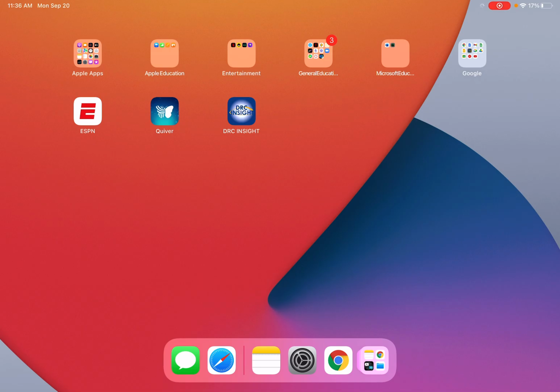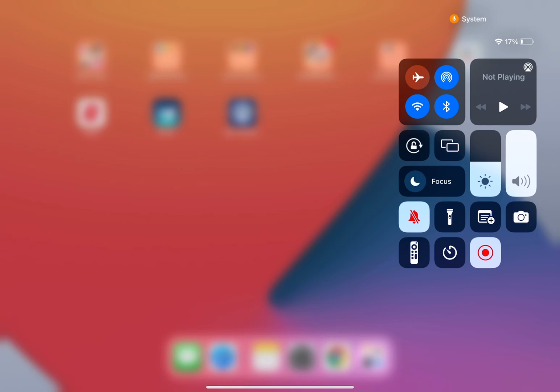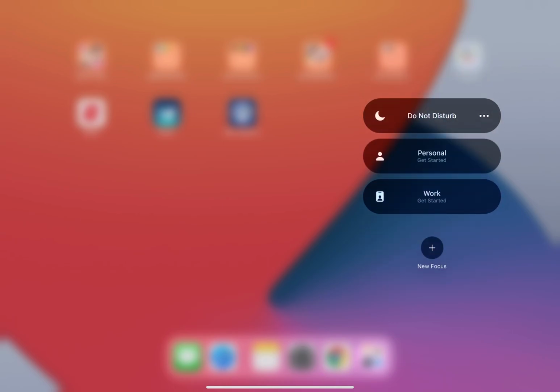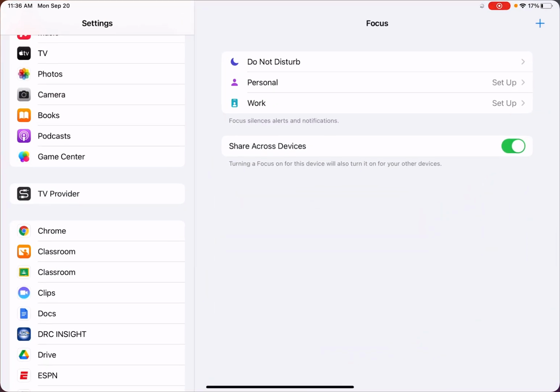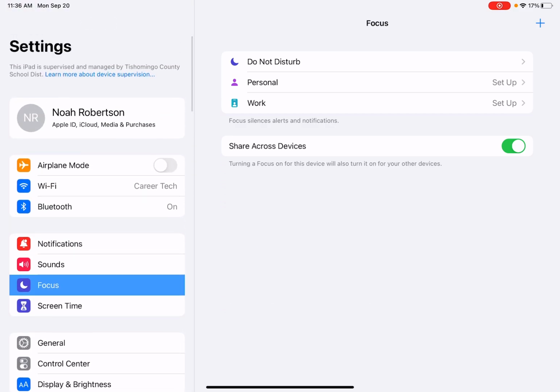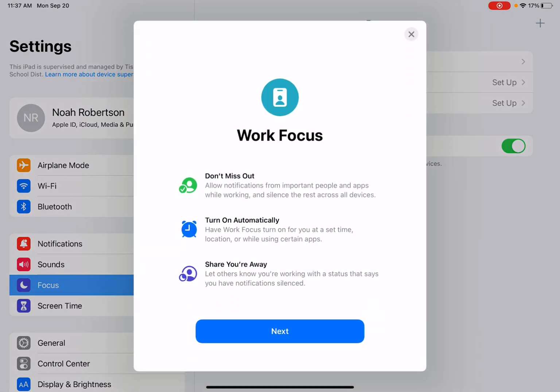The next thing I want to talk about is called Focus. Focus, to me, the way Apple describes it when they do their video on the Focus feature, and by that, if you swipe down to get your control center from the top right, you can hit Focus, and this is how you would turn it on, and you can see the different options here. But to really change that, you need to go to your settings, find Focus here, and then you have two different options. You can always hit the plus button and create more, but I want to look at the work setup. So you hit that, this is what you'll get,